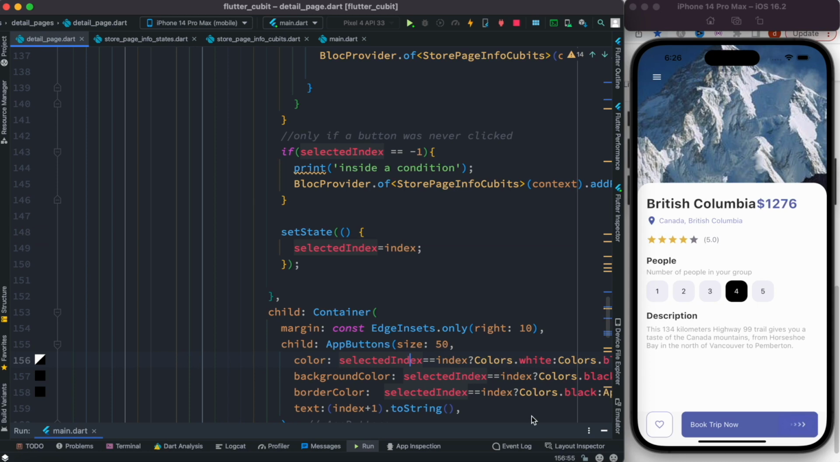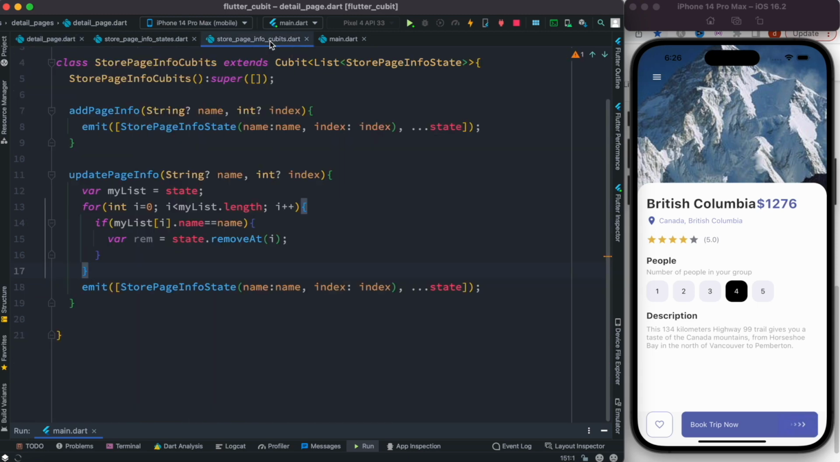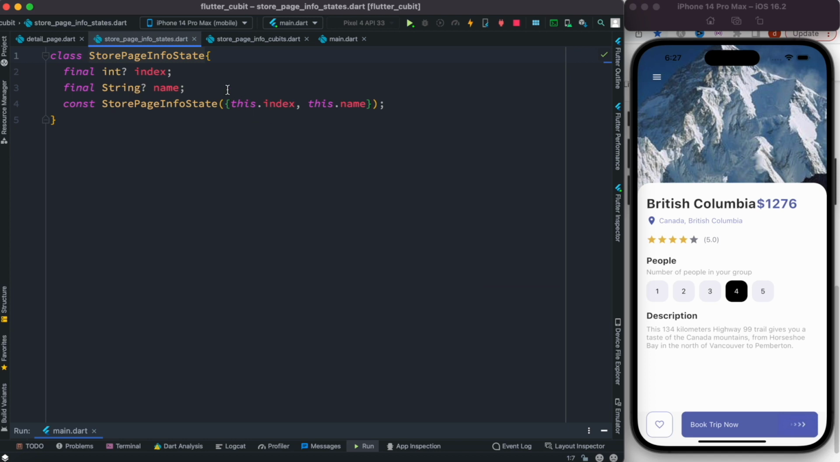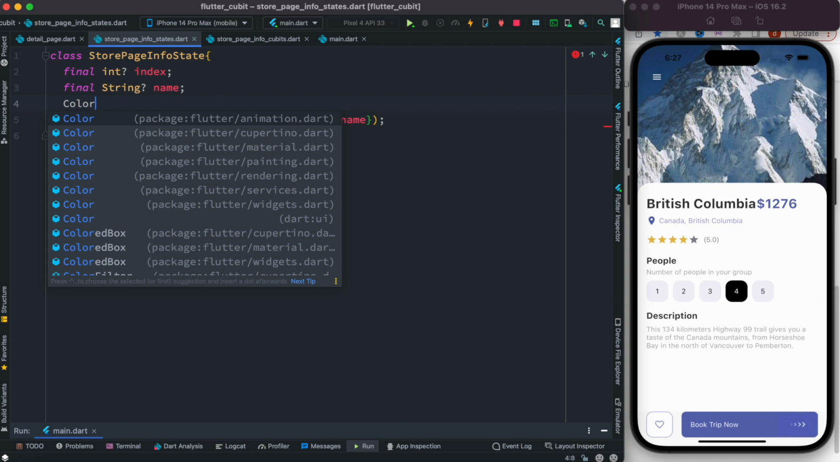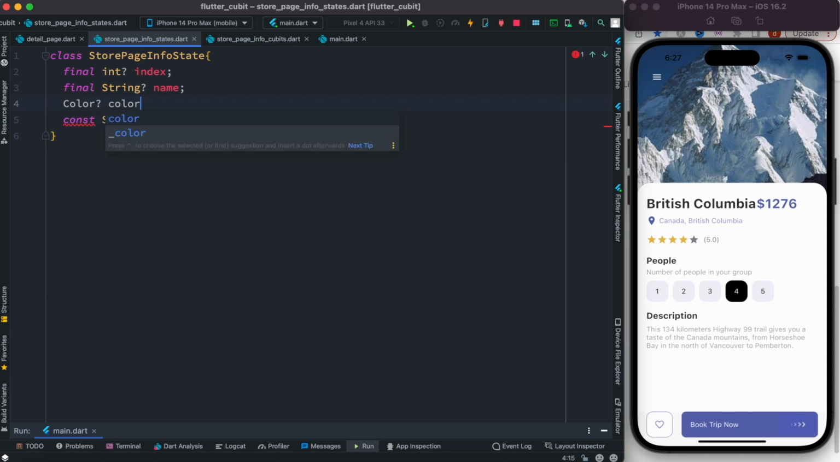So what is the next thing we want to do now? Well, the next thing we want to do is change this color as we click on this button. This is what we want to do. To be able to do that, first we need to come to our cubits as well as the state info class, and inside this we are going to create a new variable. We'll call it final, and well, it won't be final actually, so it would be color like this,